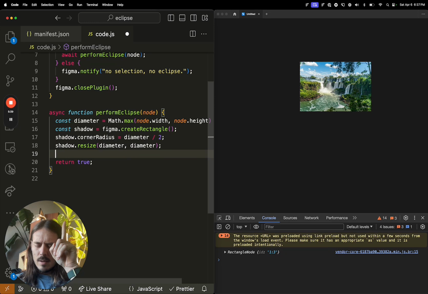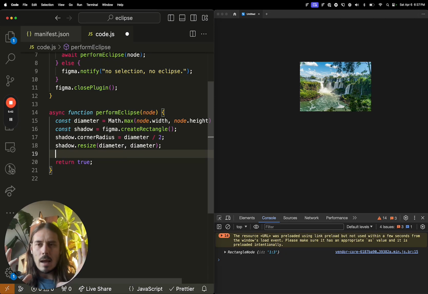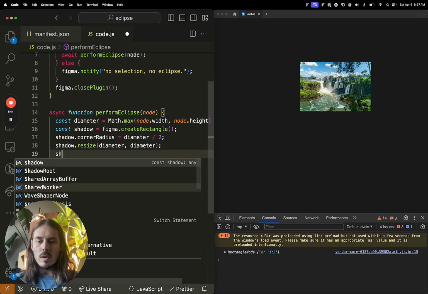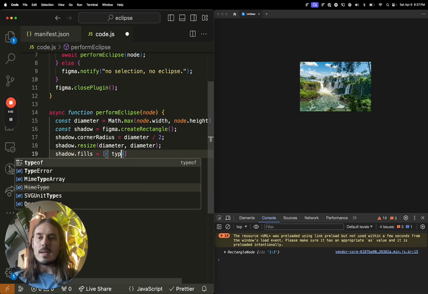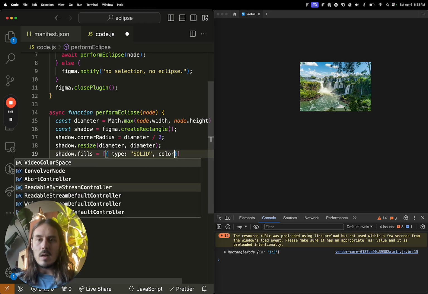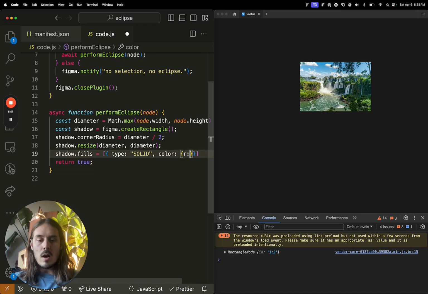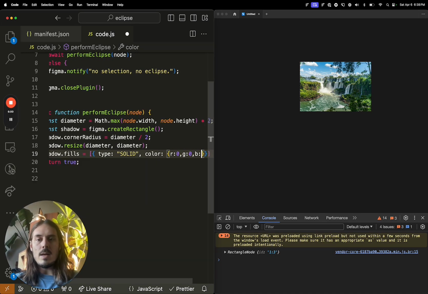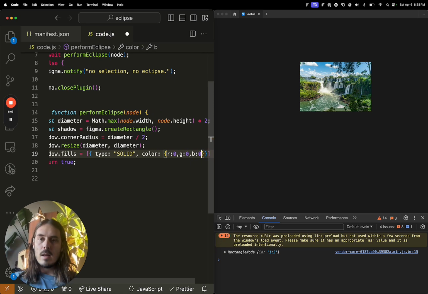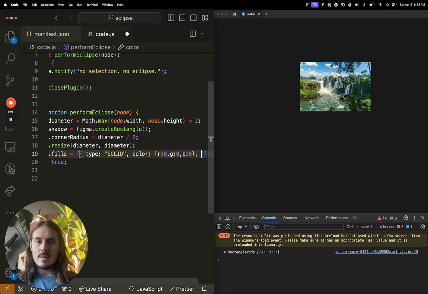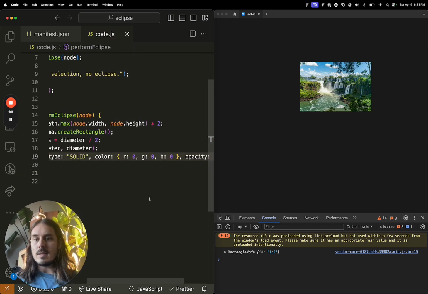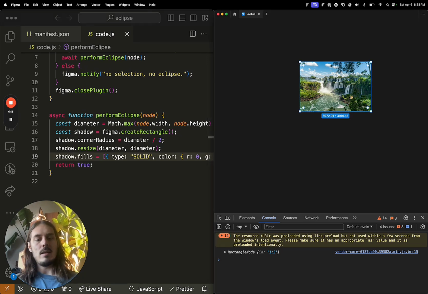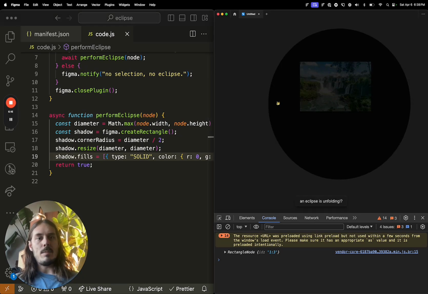Let's make it semi-transparent black because that's what a shadow is. So shadow.fills, and fills are an array of fills. You can pass in as many as you want. We're going to pass in just one, and that's going to be type solid. And then the color is going to be an object. R is 0, G is 0, B is 0. So that's black. If it was 1, 1, 1, that would be white. And then we'll say the opacity of this fill layer is 0.8. 1 would be 100%, 0.8 is 80. So now when we select this, boom, 80% opacity,